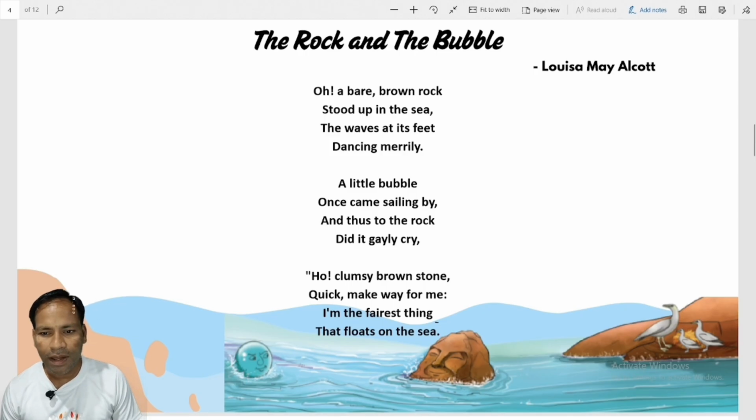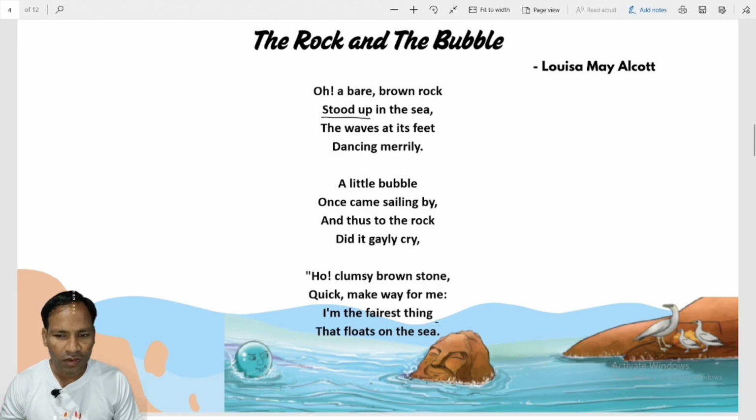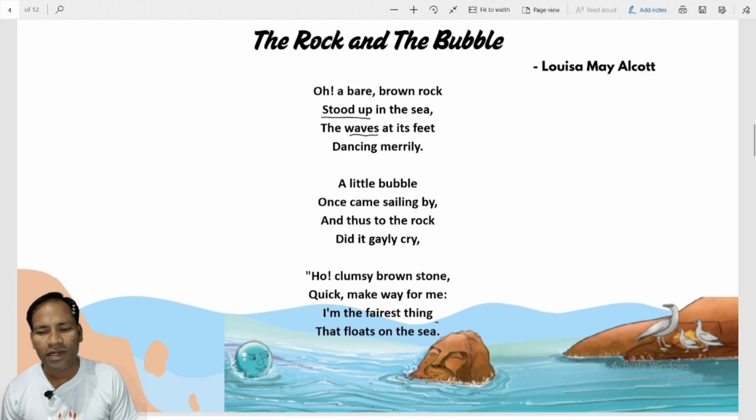Oh, bare brown rock stood up in the sea. As I told you, in the sea there was a bare brown rock stood up. It means jutted, okay, fixed in the sea. The waves at its feet dancing merrily, and many times the sea waves would come and dance on its feet as if this one is alive, and at the feet the sea waves dash and dance